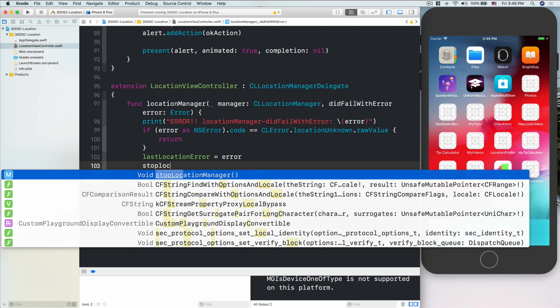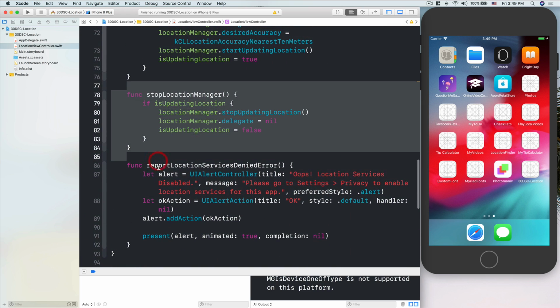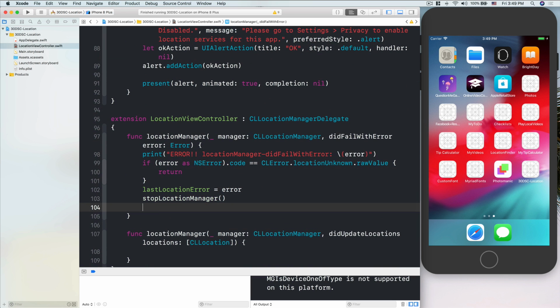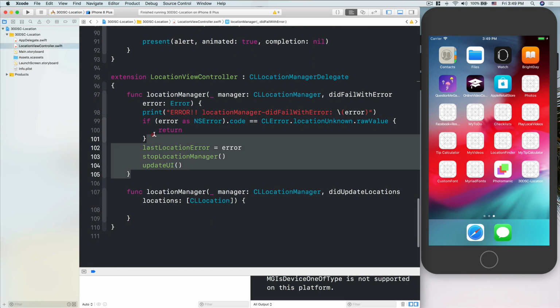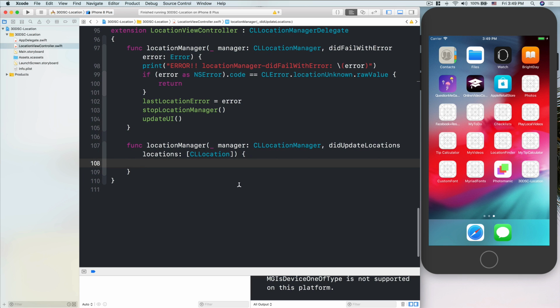Then we'll stop the location manager. See this? So if there's an error, we'll stop the location manager. Why waste the battery, right? Then we'll do updateUI. Maybe inform the user that, hey, there's no location for you today. Sorry, right? Then when we get updates of the locations, let's get the location to be